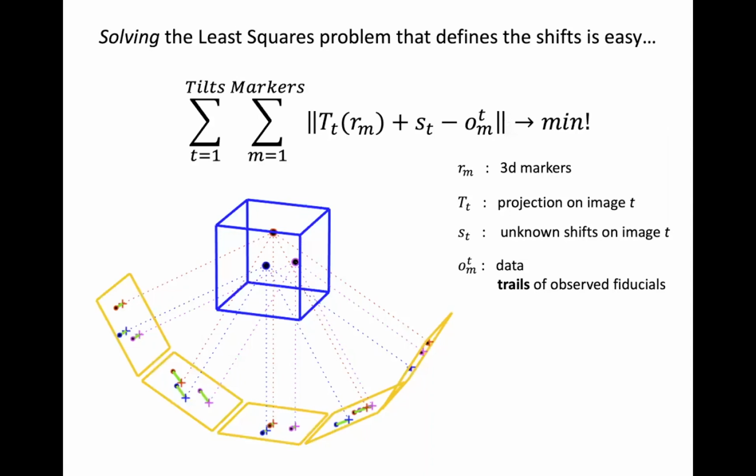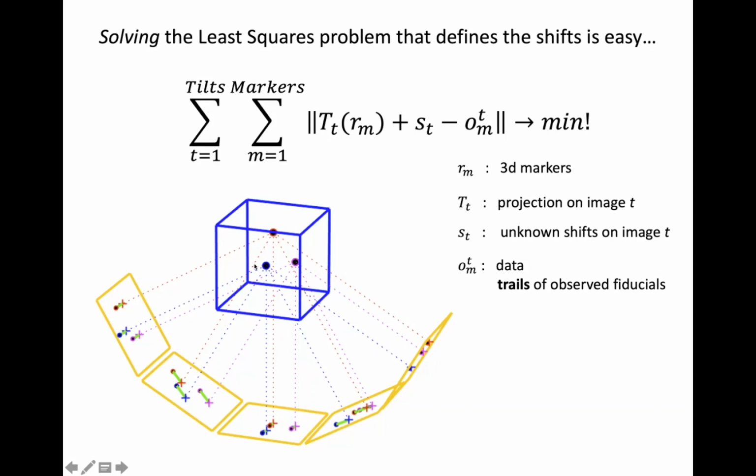So what can we do in order to correct for that? Here I'm making a very small simplification. I'm ignoring the fact that the tilt axis has an additional angle. This is kind of trivial, that's why I'm not putting it in this equation. In principle, from the mathematical point of view, that is not so terrible. At the end of the day, we have some unknowns that are the shifts that are corrupting each one of the micrographs, so that if we could solve this least square problem,